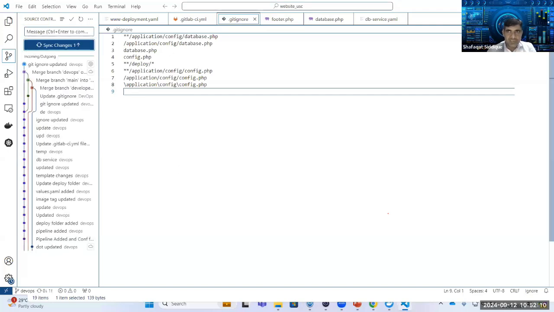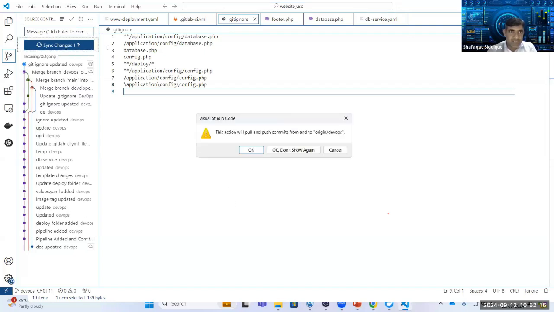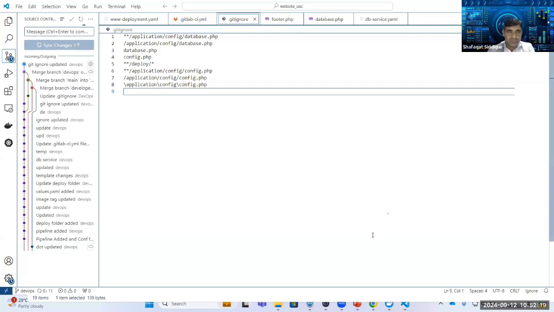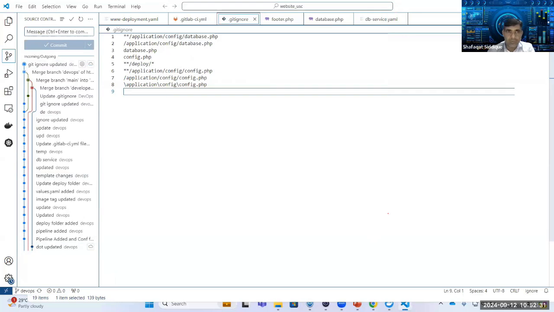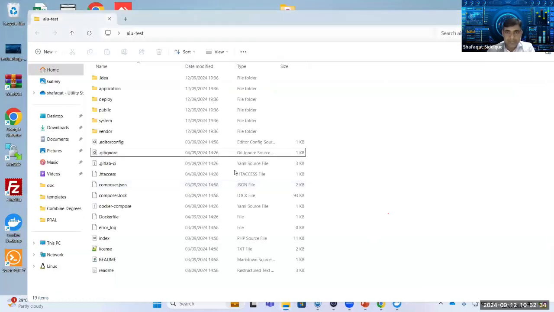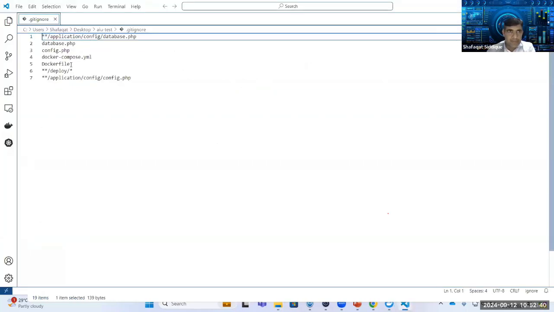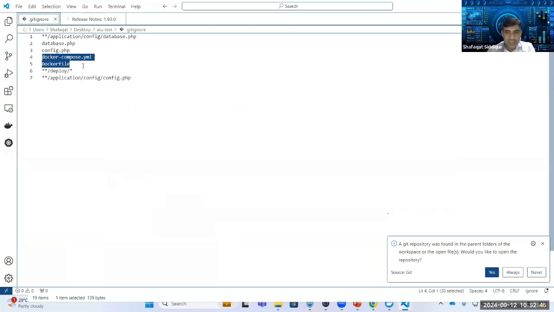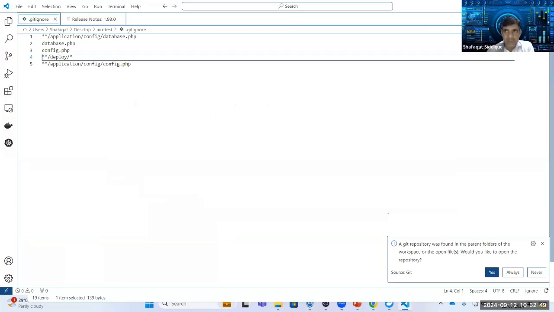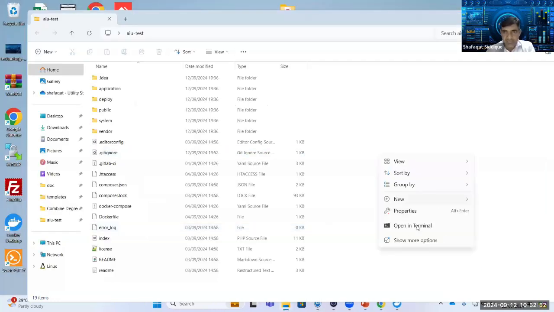Okay, that is taking more time. That is the git ignore file, and I have to make changes over here, save it and close it, and then open